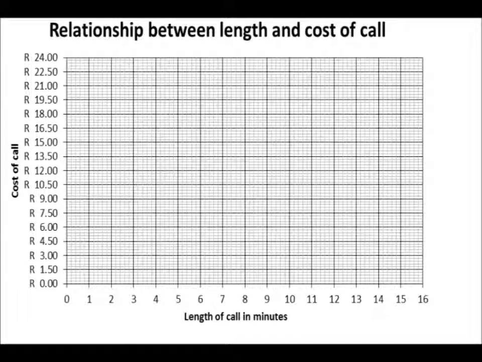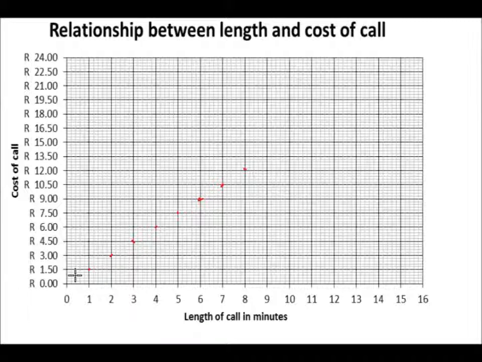Right, the next thing we do is we plot our points. So 1 minute will cost 1 Rand 50. 2 minutes will cost 3 Rand. 3 minutes will cost 4 Rand 50. 4 minutes will cost 6 Rand. And I continue with my graph in this manner. We only worked out till 6 minutes, but if you draw your line,